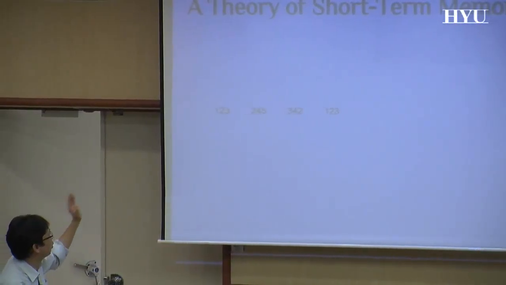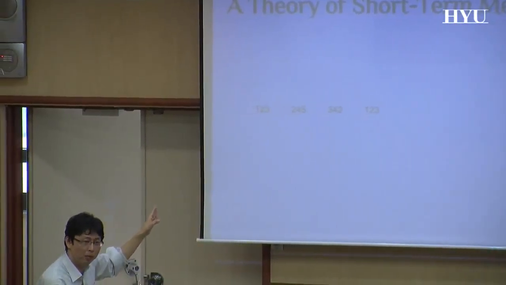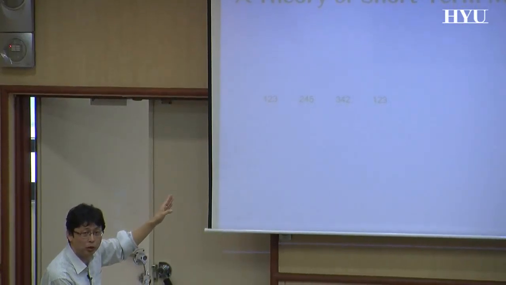So you have to let the experimenter know. Say when I show 1, 2, 3, and the second one 2, 4, 5, then no. 3, 4, 2, no. When they hear 1, 2, 3 again, you have to say, okay, I heard it, right? And then using this experiment, in a longer way,